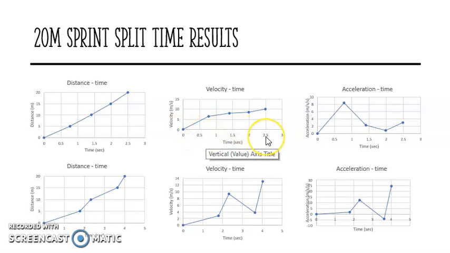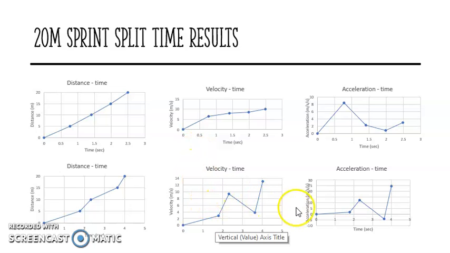As the time increases, it took the performer 2.5 seconds to complete the run, and we can see that the velocity increases to 10, which is a lower velocity than the worst performer. However, they do it in a quicker speed. But we can also see that for the worst performer, their velocity starts really low, and it takes them 2 seconds until they have a spike and their velocity increases to around 9.5, and then it decreases,